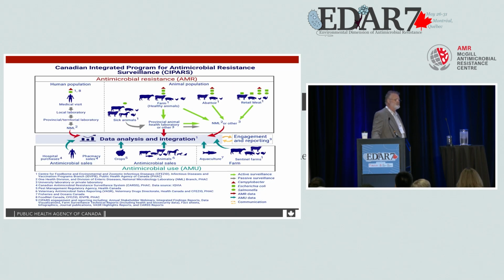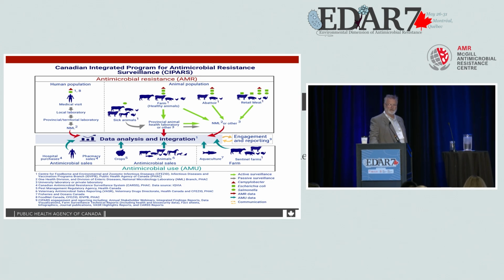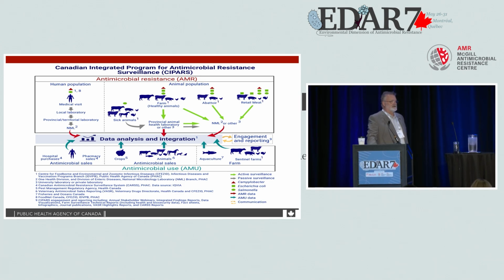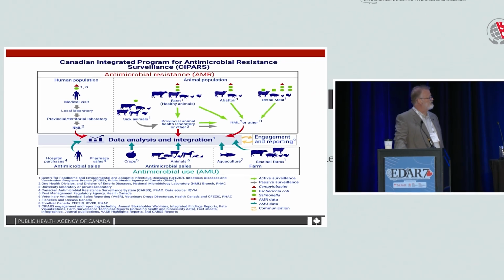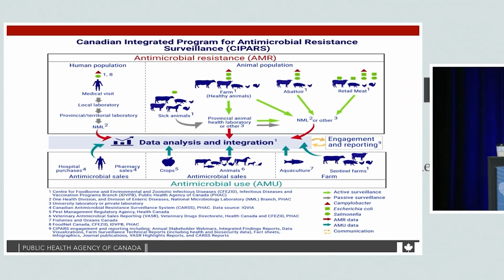So as said, I'm the co-lead along with Carolee Carson, who is here, and Amrita Bharat, who's not, of the CIPARS, the Canadian Integrated Program for Antimicrobial Resistance Surveillance. I'm also the co-lead of FoodNet Canada with Andrea Nesbitt. So CIPARS is the Canadian program that's equivalent to NARMS that monitors antimicrobial resistance dissemination through the food chain, and FoodNet Canada is more or less equivalent to FoodNet in the United States, which is, at least in Canada, a sentinel site-based foodborne disease surveillance program.